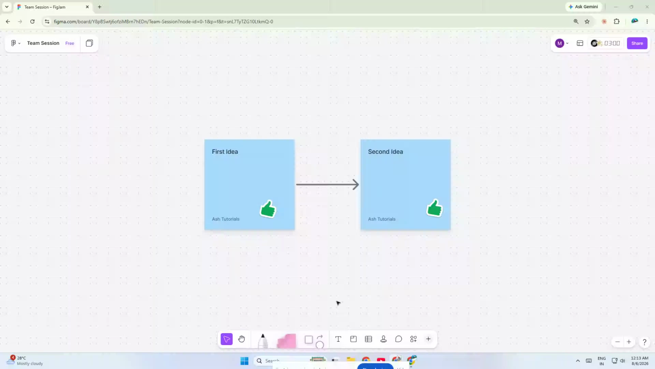If you've ever wanted to make your FigJam board a little more fun and a lot more interactive, then today I'm going to show you how to high five in FigJam. This is a quick little trick that's perfect for team collaboration, reactions during brainstorming sessions, or just adding a playful